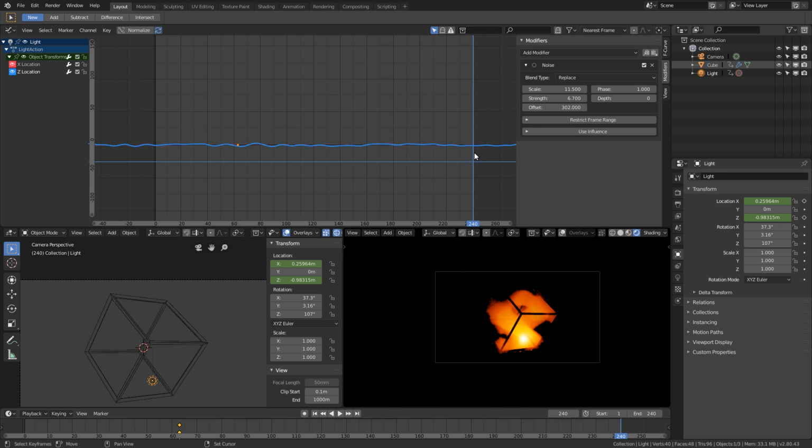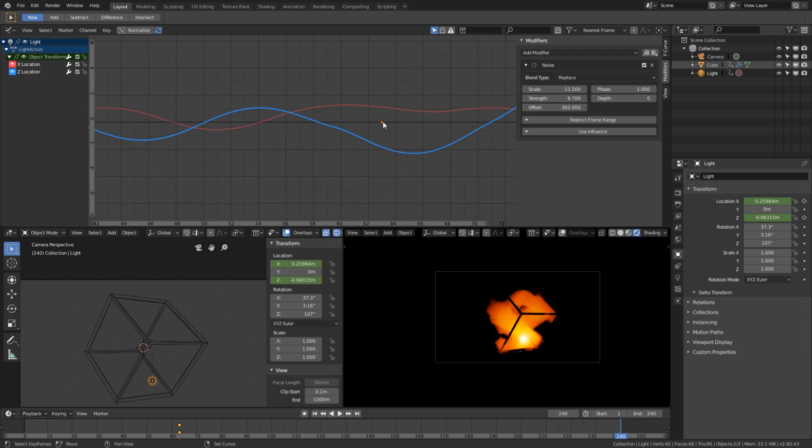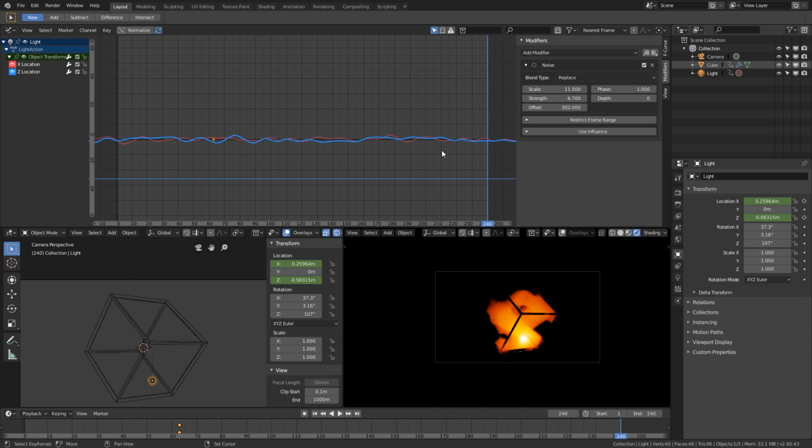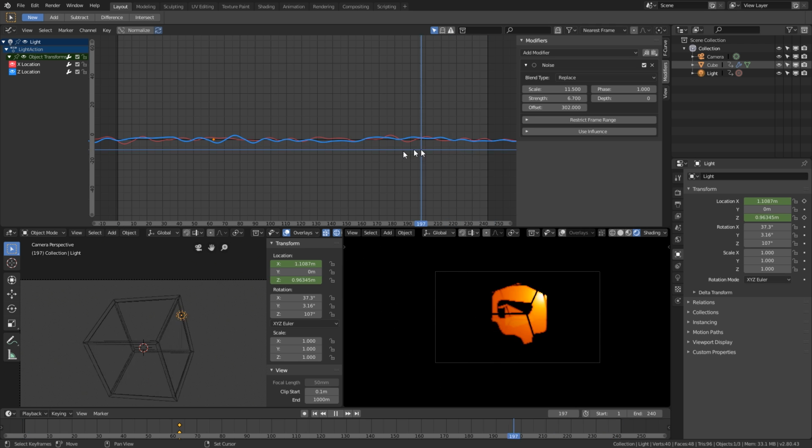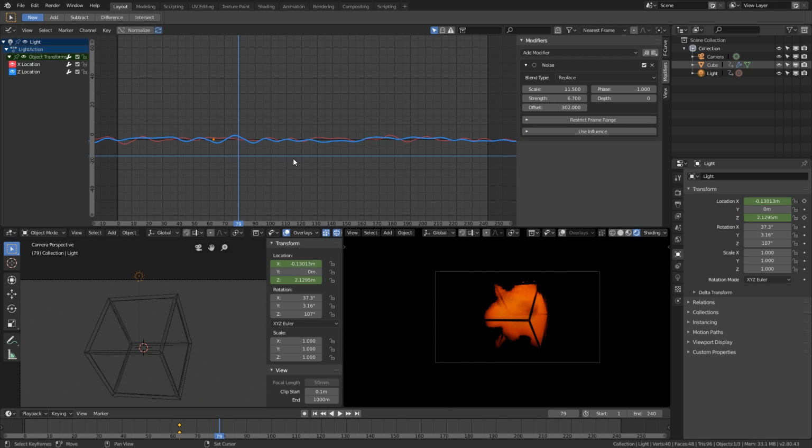So if we go here, let's press A to select those both, press period. Oops, that's going to be kind of funky. Okay, so if we take a look at these, that's frame 240 and that's frame 1. So you can see it is not looping. So the way we can make it loop is we're basically going to apply these modifiers, and that's going